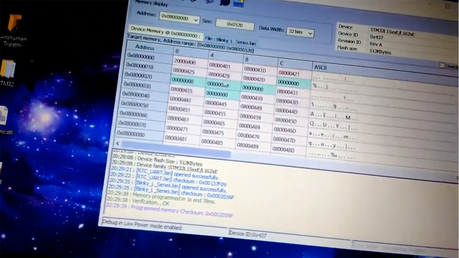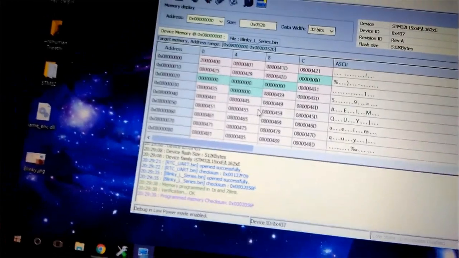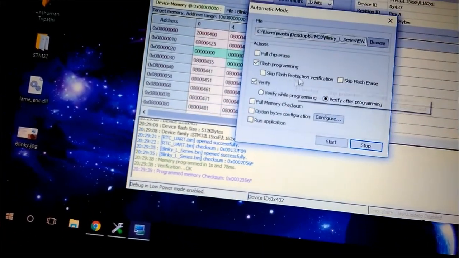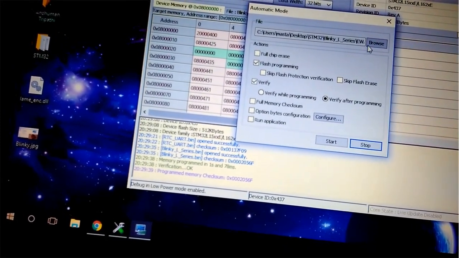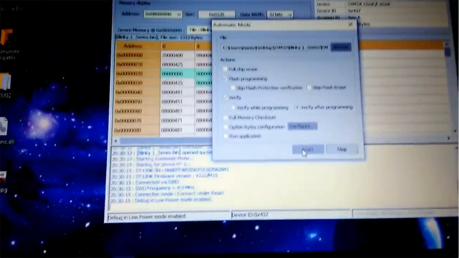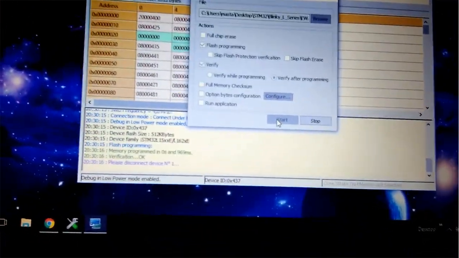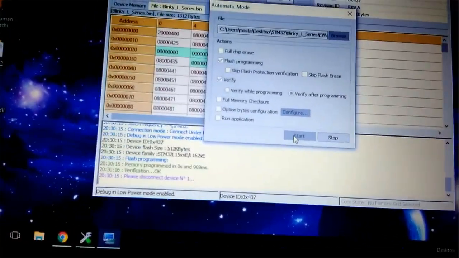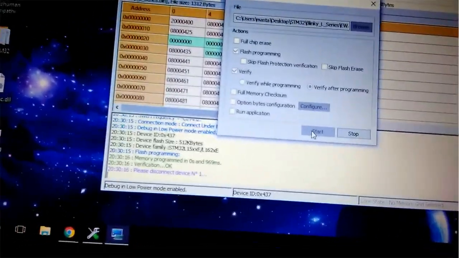One more special feature in this tool is, suppose you have 1000 boards and you have to program all the boards, you can't do it manually one by one. So there is an automatic mode also here. What happens in this automatic mode? Once you start the automatic mode, your computer will detect when the board is disconnected and connected. So if I disconnect my board and again connect another board or the same board, it will again dump the code automatically. So let me disconnect the board.